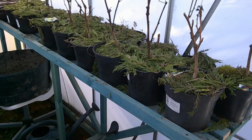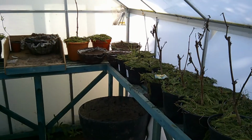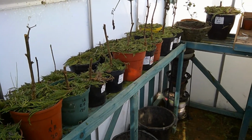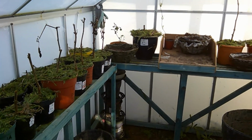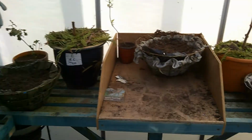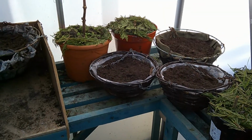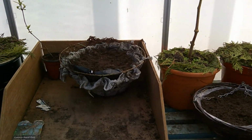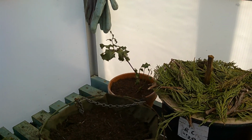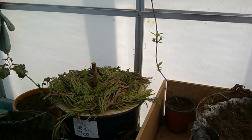Just a quick look at the peppers. There's not much in here. Some of them might send out new growth from the roots, but I don't think so. It's not looking so good. I've got all of these hanging baskets ready with new soil for when I get some more flowers, buy some new flowers. This is just a bit of holly I found growing in the garden, and this climber